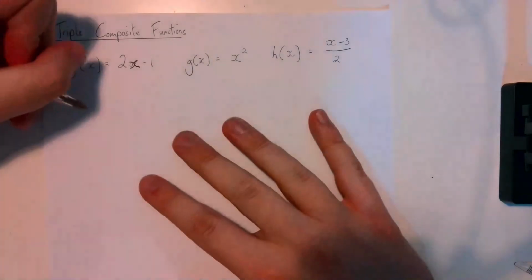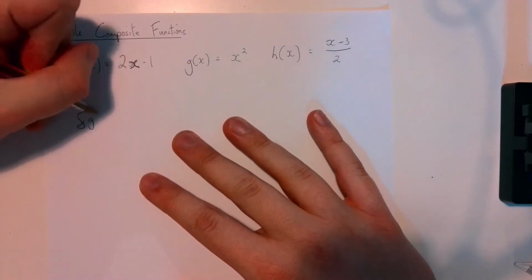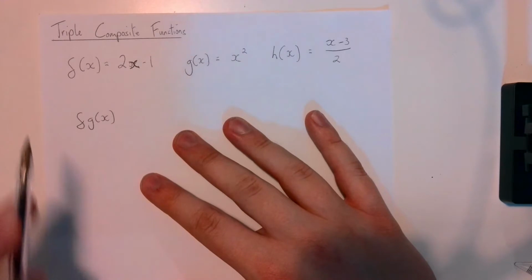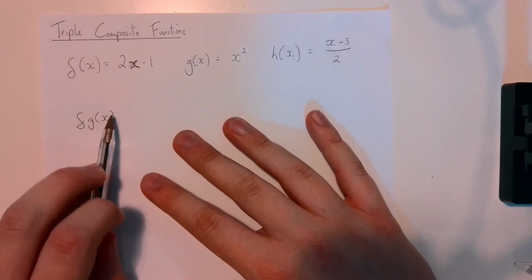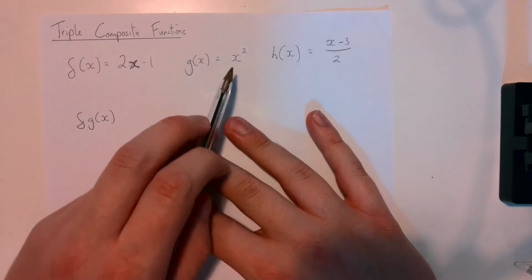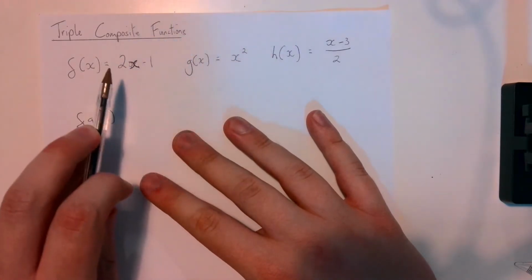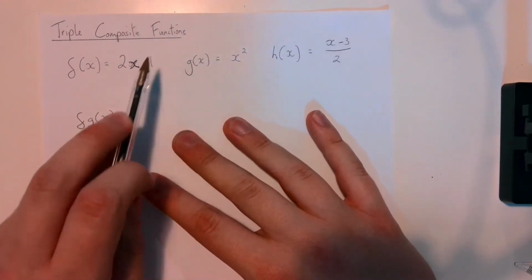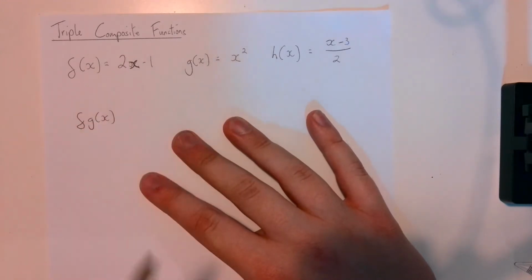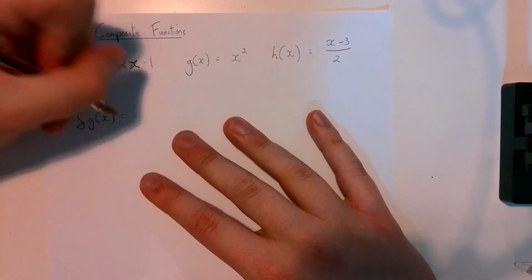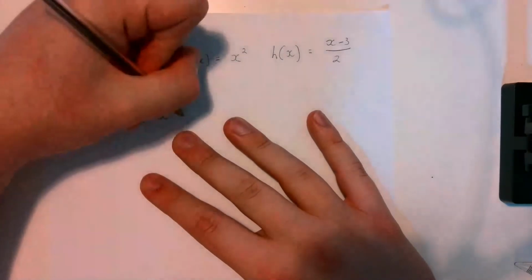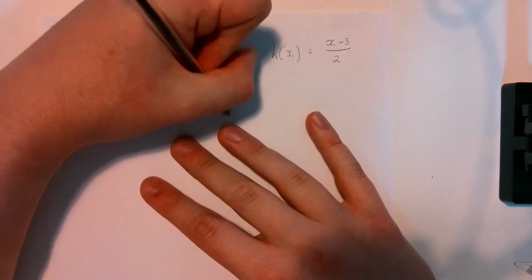Now, I'm going to start off by trying to work out what fg of x would be. That means I'm having g of x and I'm putting it into f of x. We almost work our way outwards every time that we do this. So g of x is x squared, and I'm going to be putting it into the function f of x. So where x is, I just substitute what g of x is into that point. So in this case, it's going to be 2 multiplied by x squared subtract 1, which just simplifies to 2x